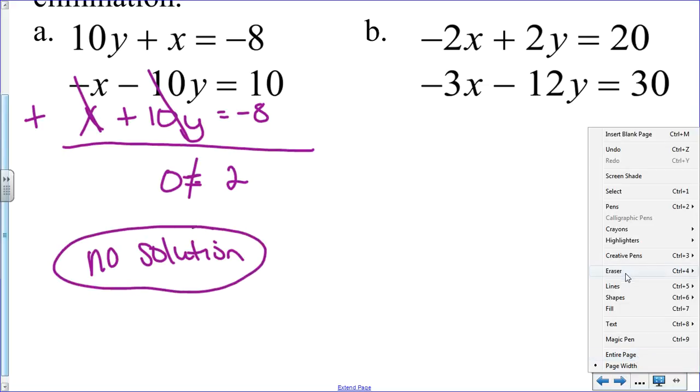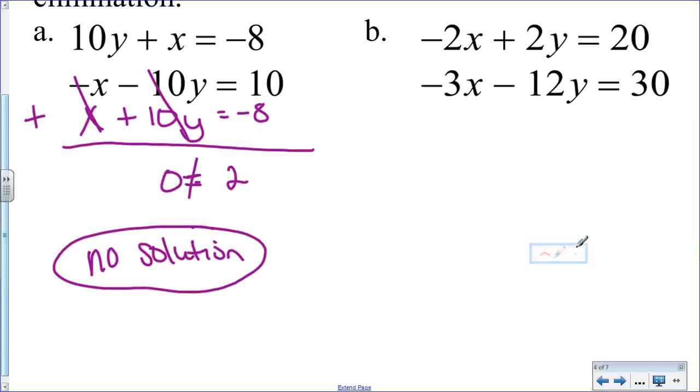Okay, so one last problem here. We're going to look at this closely. Notice my x's and my y's are already lined up. And you can multiply this by a few things to be able to get things canceled. But I notice for my y's here, if I multiply 2 by 6, I actually have opposites. Okay, so I'm going to multiply that whole first equation by 6. I get